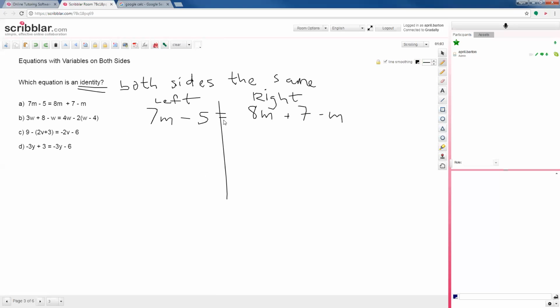So the left side, we have no like terms. We have one variable, 7 with an m. That's our variable term. And this negative 5, our number term or constant term, doesn't have a variable. So they cannot combine together. On the right side, we do have like terms. We have our 8m minus m. Again, there's something they assume you know here, and that's